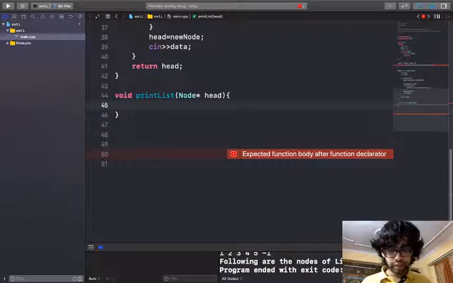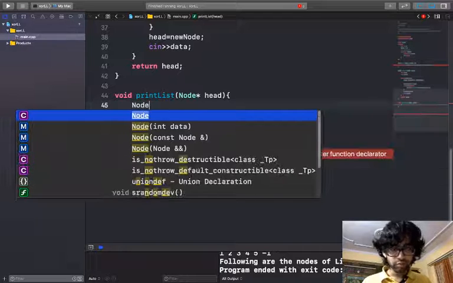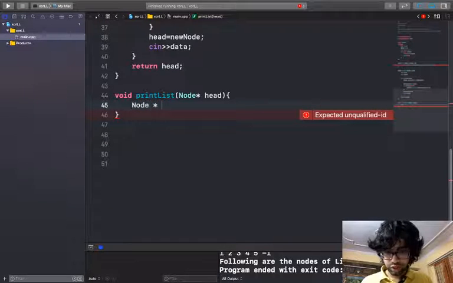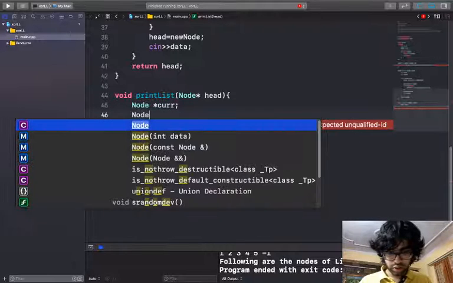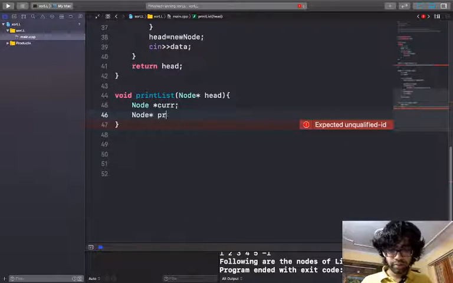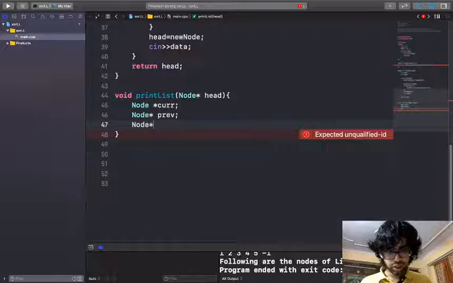So we'll maintain three pointers: node star current, node star previous, and node star next.